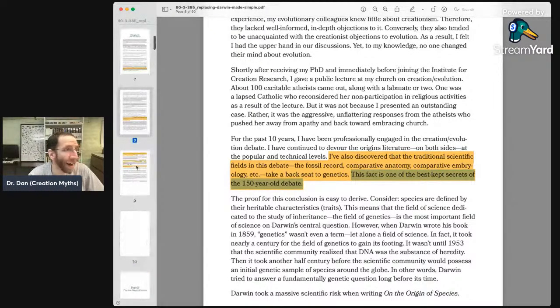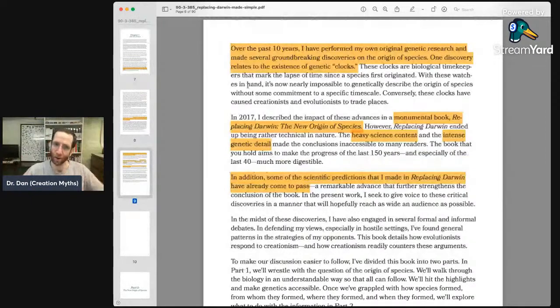So let's see what he has here. I love this one. This is where he's like, I'm important. He's done his own original genetics research, made several groundbreaking discoveries on the origin of species. Where has this work been published? It hasn't been, because he writes for Answers in Genesis, so you find it on their blog, the Answers Research Journal, or in books like Replacing Darwin, but you don't find it in the actual peer-reviewed scientific literature because Dr. Jeanson's making no effort to put it there. So he may be making all these discoveries. He's not, because I've read all his work. But if he was, the scientific community would be in the dark because he's not publishing for the scientific community.